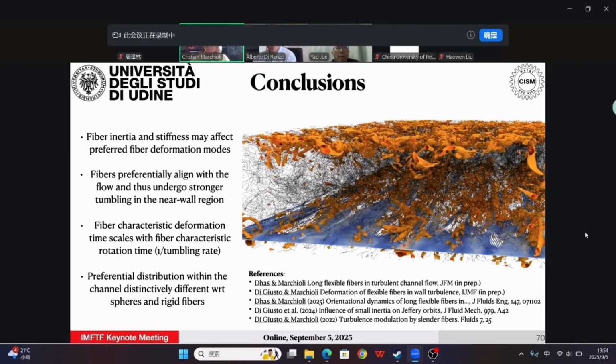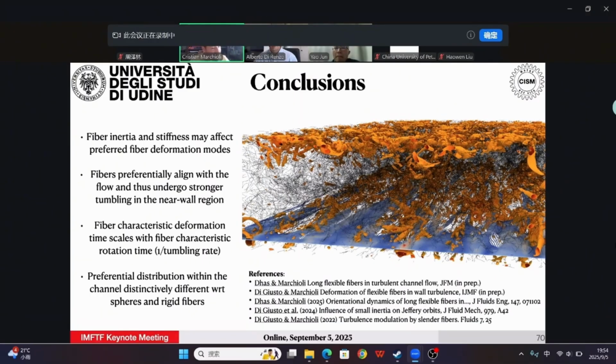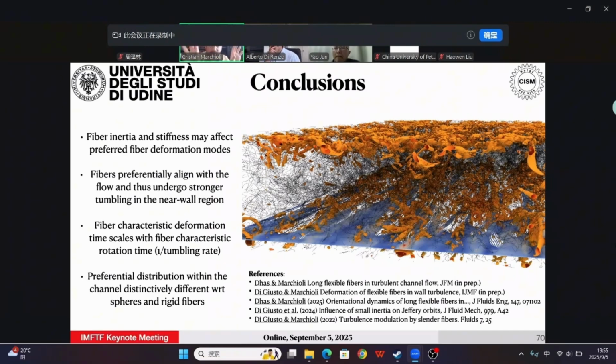Yes. I have to say, there is no interaction between fibers here. In fact, even in a single fiber, as it deforms, the elements of the same fiber could touch each other. We don't have that here. And that's because, on the one hand, we never reach a local mass and volume fraction that would justify the inclusion of this. And also because there have been some studies in the literature, in the group of Marco Rosti in Japan, based on simulations in homogeneous isotropic turbulence, that show that for the same